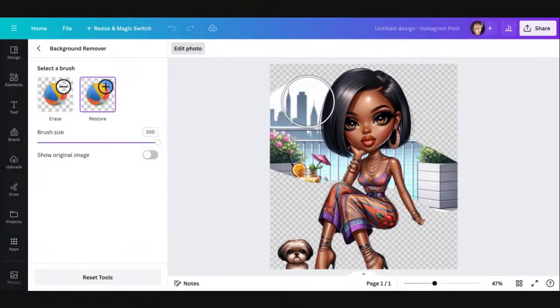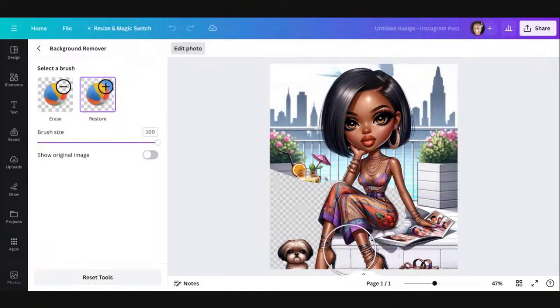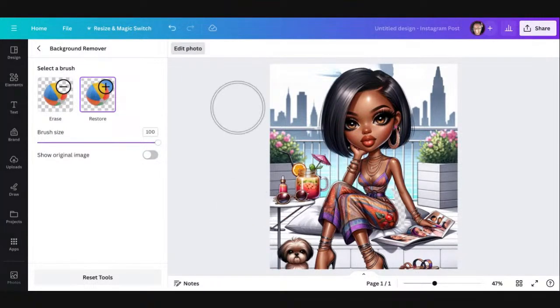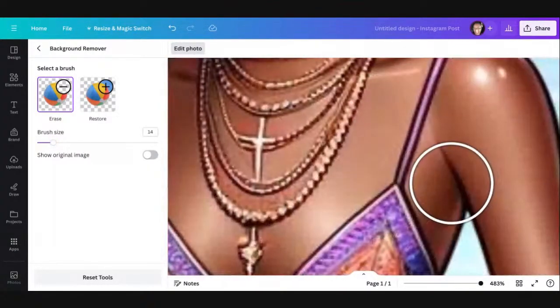Would you look at that? Oh, it's still bringing that back. Hold on. Bam, bam, bam, bam. So it brought it back, right? So then I'm going to go to erase, and I'm going to make this smaller. And I apologize, guys, this kind of came to me as I was doing it. I wasn't even thinking.